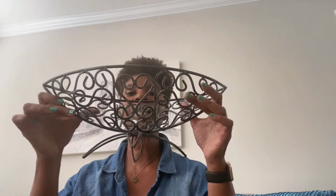So with that said, I picked up this piece here, and what I'm thinking of doing with this is I may keep it the same color, which is a greenish grayish type of color, and it's metal, but I may spray paint it black because what I visualized for this piece is a floral arrangement in here. I'll take a piece of foam and put it in here, maybe one a little bit smaller than this, and I want it to be a black and white